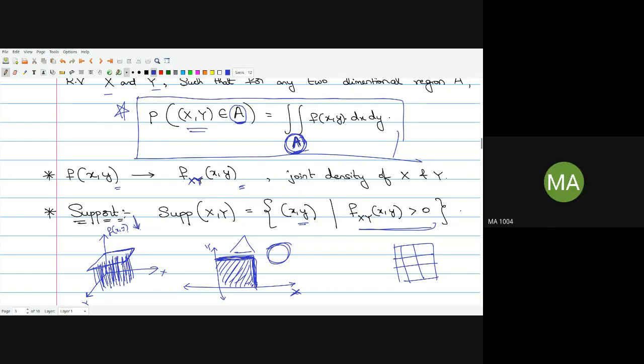From the top, if you see, this is how it will be. This will be area. Right. So one observation: in all these graphs, it will lie in the first quadrant only. X and Y in the first quadrant only. Because in the lectures also, the professor draws everything in the first quadrant, and you are also drawing in the first quadrant. So it will be lying in the first quadrant only. If f(x,y) is greater than 0, it means it is in the first quadrant.